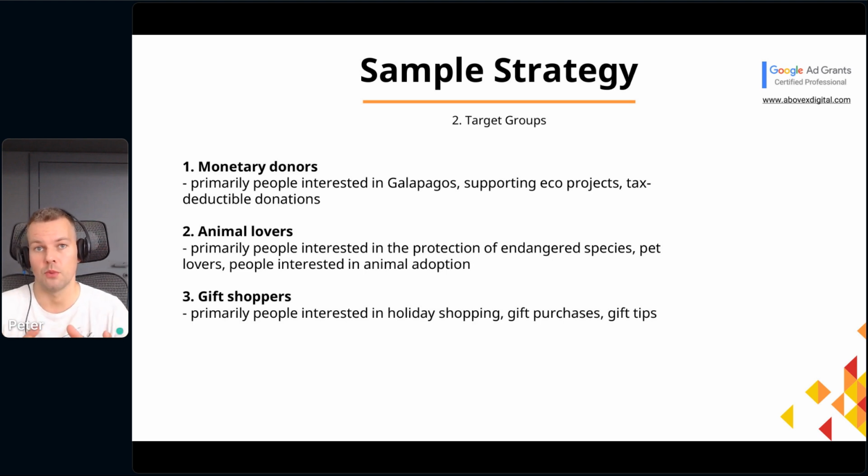Then the second group that we defined was a group that consisted of animal lovers, right? So people who search for things related to animals, who own pets, who like to support organizations that work with animals, etc., etc. Right? And again, their primary goal there in Galapagos is to protect animals, right? So when targeting people who have certain affiliation to animals, their assumption was that these people will be likely willing to donate to this organization.